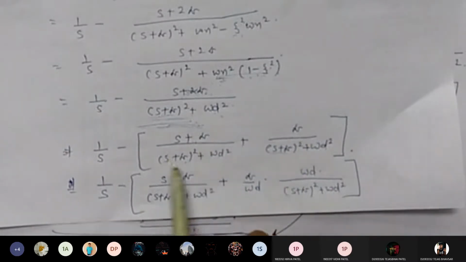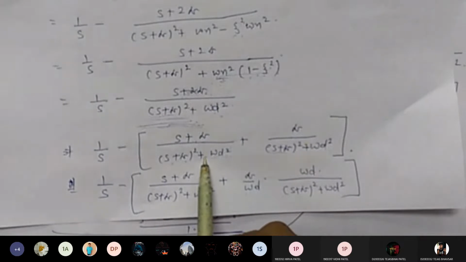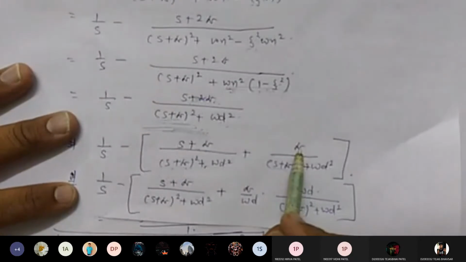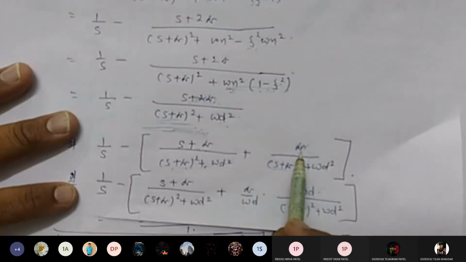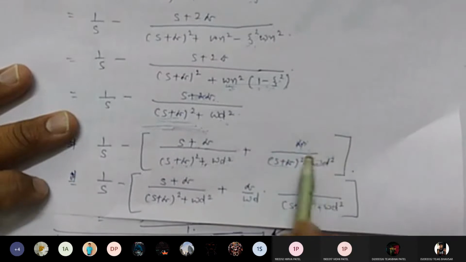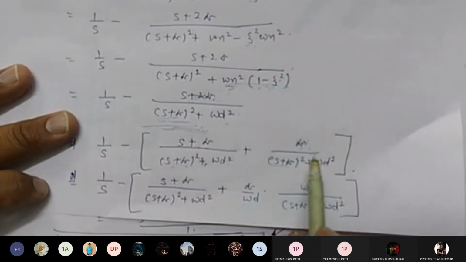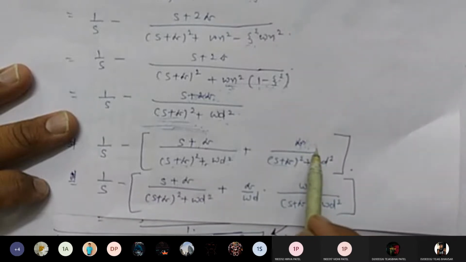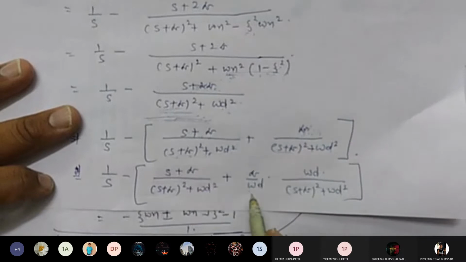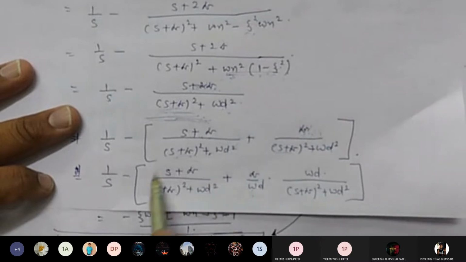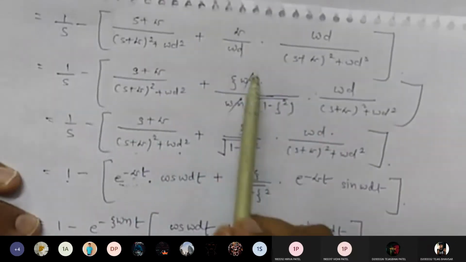Now this we can write directly from the cos formula. The cos formula will directly apply, but over here you are having alpha. If it is omega d, we can apply the sine rule, or the inverse Laplace of sine. So I will put omega d over here: multiply and divide by omega d. So I have multiplied it and divided it over here. When we multiply and divide, this term will become your cos term and this term will become your sine. So we have rewritten it again, and we have put the values of alpha and omega d.